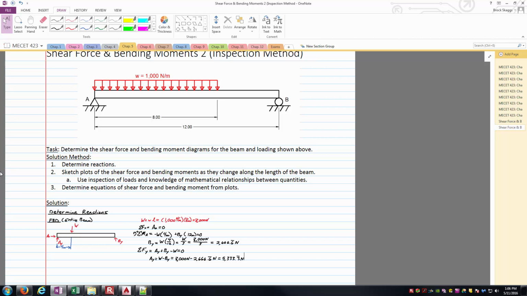Basically all I need to do is make sure that it is statically equivalent to the actual distributed load. The way I've been able to do that is, as far as the magnitude goes, I need the magnitude to equal the area under the distributed load curve. In this case, the distributed load curve just forms a rectangle. You can see the 1,000 newtons per meter, think of that as the height, and then the base is just the 8 meters that it covers. Then I can calculate that area. It ends up being 8,000 newtons, and that's what I'm calling the capital W there,